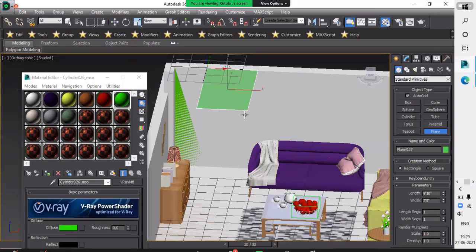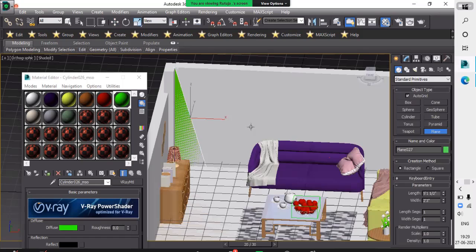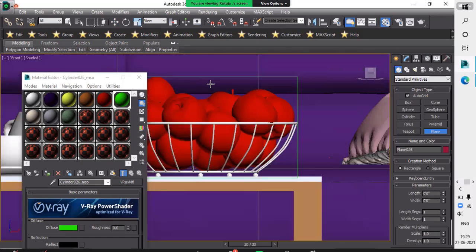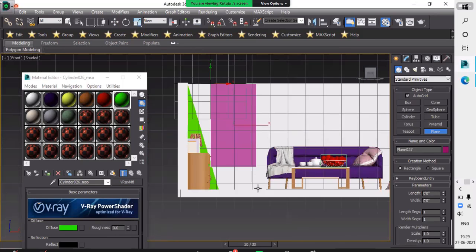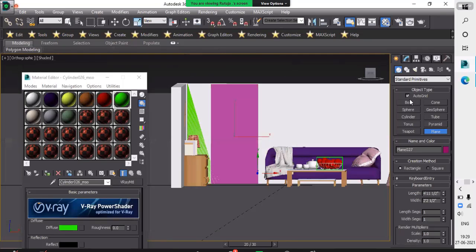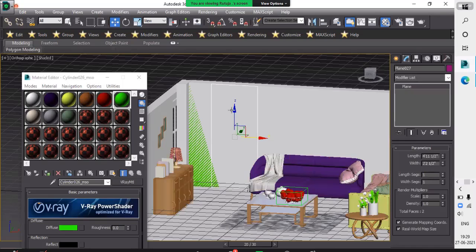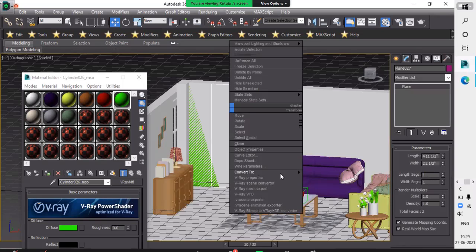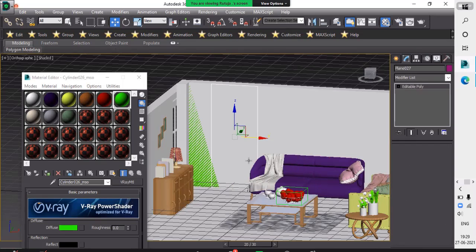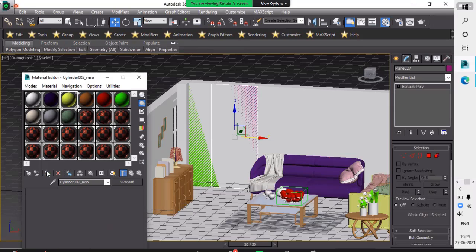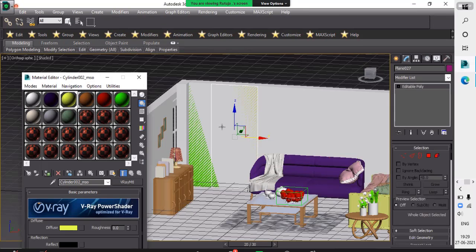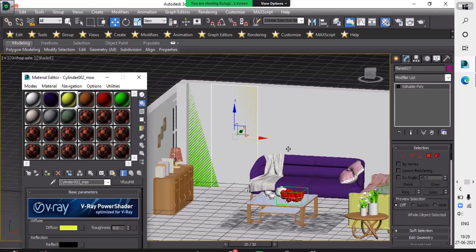Go in front view and then draw your plane. Go in the modify list, change the segments, convert into editable poly, and I will give it yellow color because I want it in yellow.